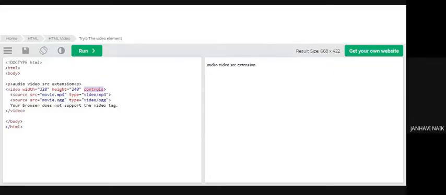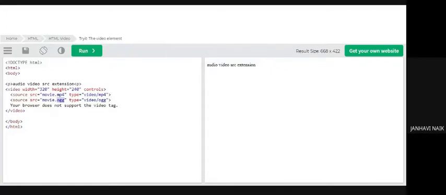Now we have source. This is again a keyword for inserting the name of the file and the type of the file. If it is an mp4 version or an ogg version, both of these should be included. That's why I've included both lines. Suppose you consider it as an mp4 extension, the program should run.